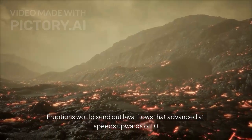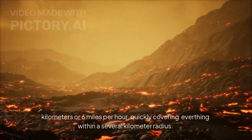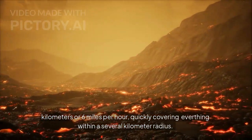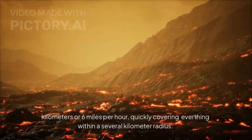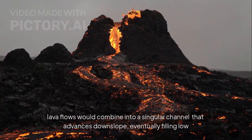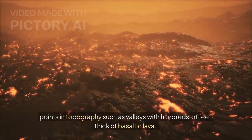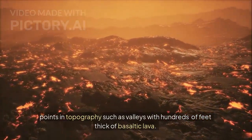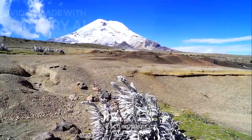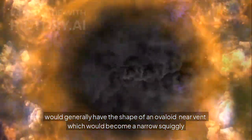Eruptions would send out lava flows that advanced at speeds upwards of 10 kilometers or 6 miles per hour, quickly covering everything within a several kilometer radius. Then, lava flows would combine into a singular channel that advances downslope, eventually filling low points in topography such as valleys with hundreds of feet thick of basaltic lava. Each eruption would generally have the shape of an ovaloid near the vent, which would become a narrow squiggly line